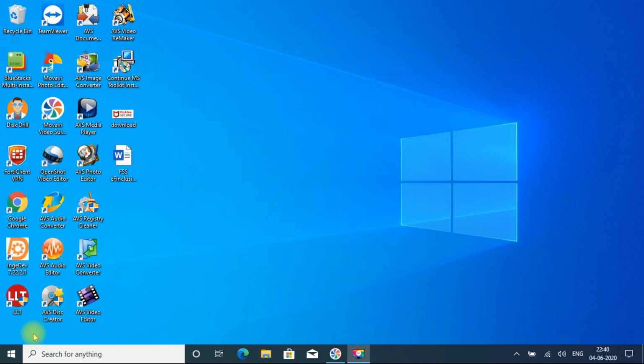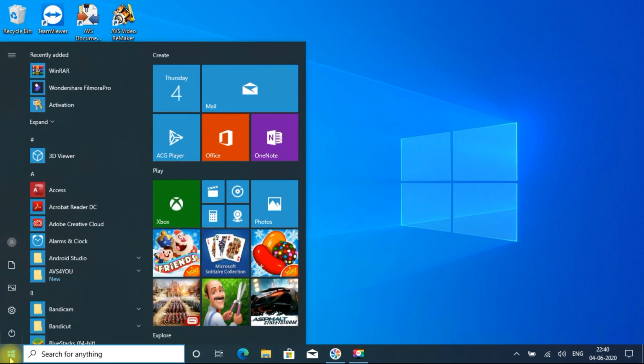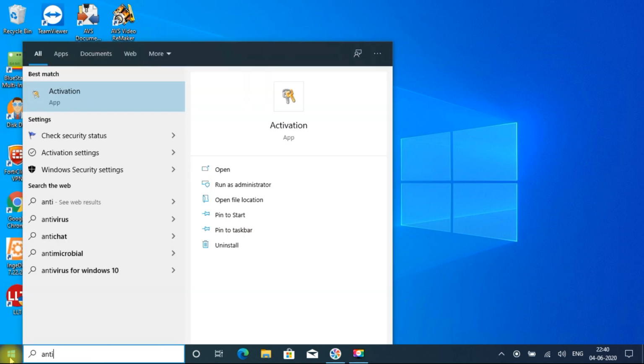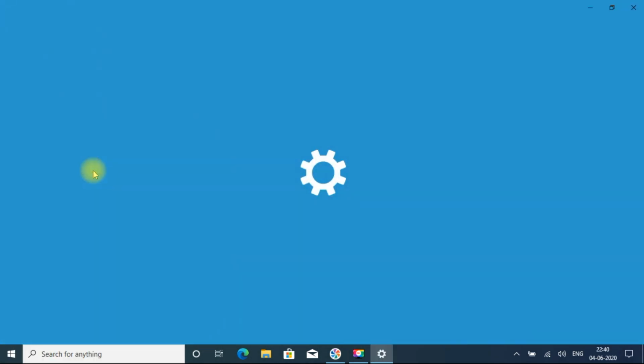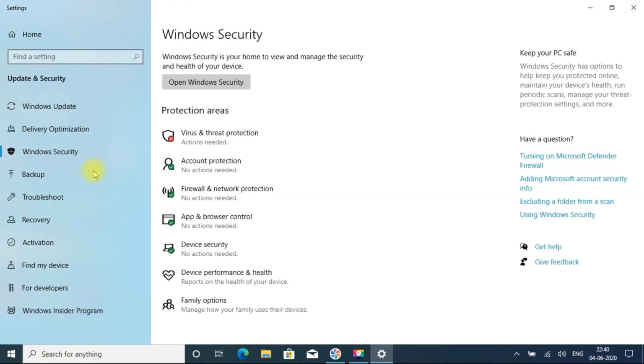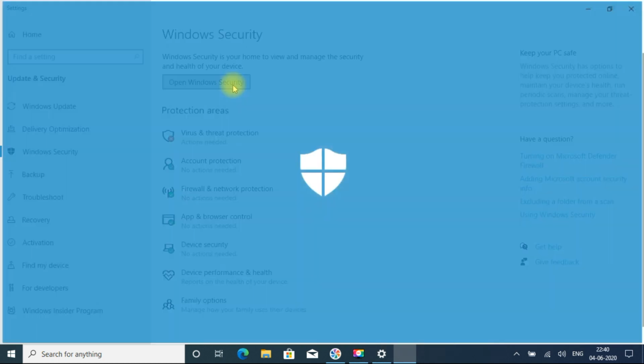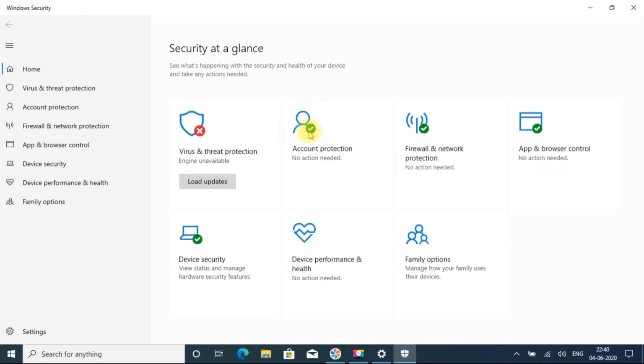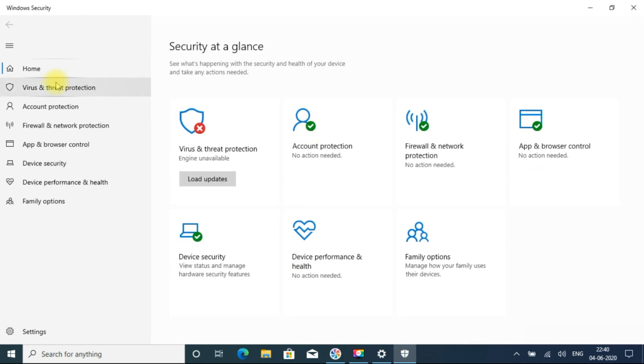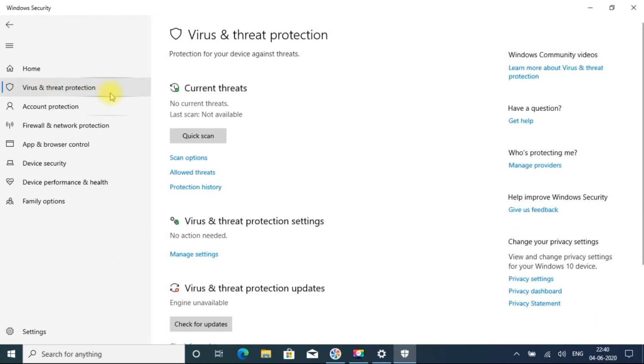Once we uninstall McAfee, Windows Defender becomes the default antivirus. Go to Windows Security settings. Just open that. Go to Virus protection.